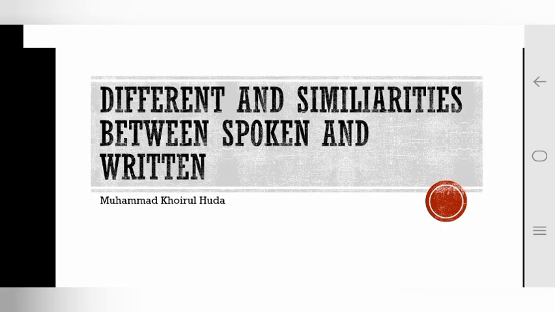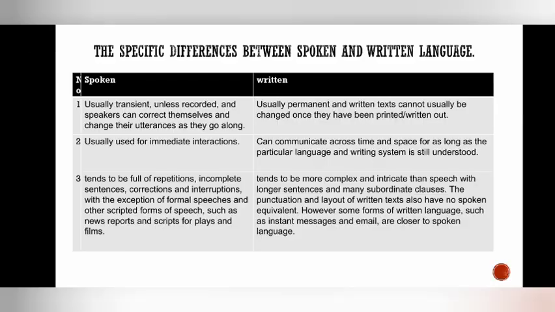Okay, now the differences and the similarities between spoken and written language. The spoken language is usually transient unless recorded, and speakers can correct themselves and change their utterance as they go along. The written language is usually permanent, and written text cannot usually be changed once it has been printed or written out. The spoken language is usually used for immediate interaction,